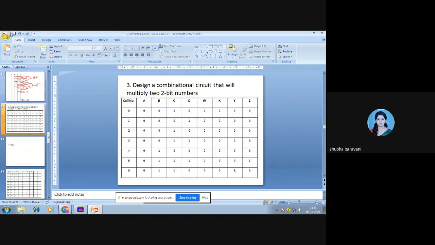Do you know this multiplication or is it to be done? Up till 6 you are all verifying.